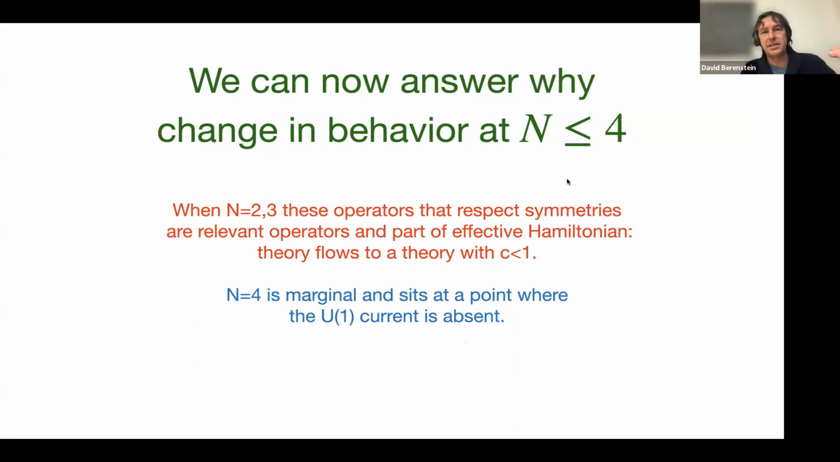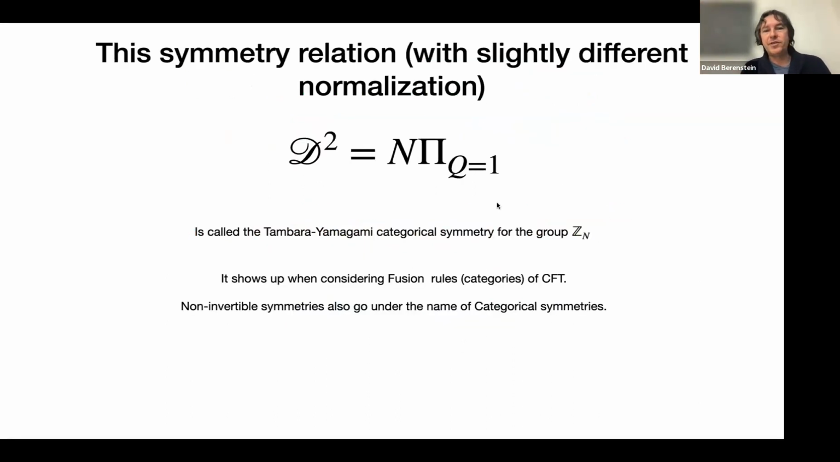So what we have answered is that for n greater than or equal to 5, we know what the radius of the U(1) theory is, and we have a non-trivial U(1) current in the infrared. Okay, if you've seen this algebra before with a slightly different normalization, meaning you take an extra factor of n, d squared equals n times this projection to the Z_n invariant